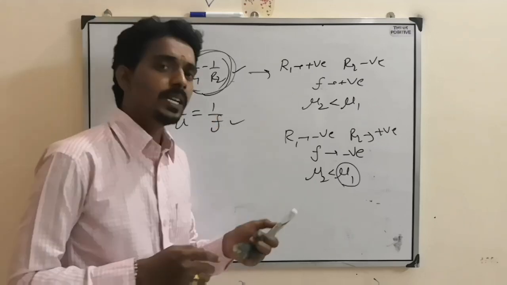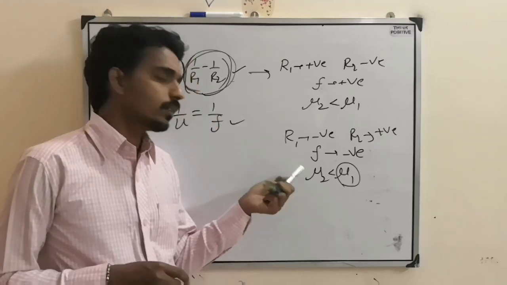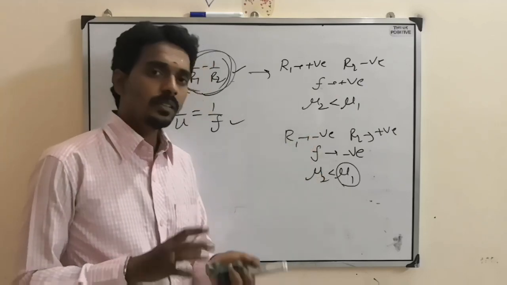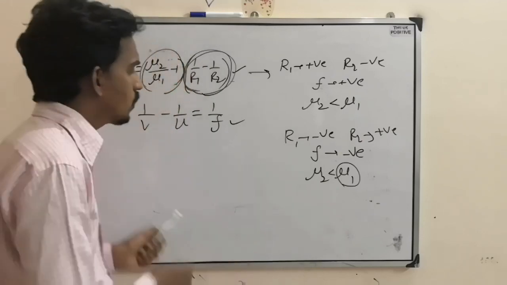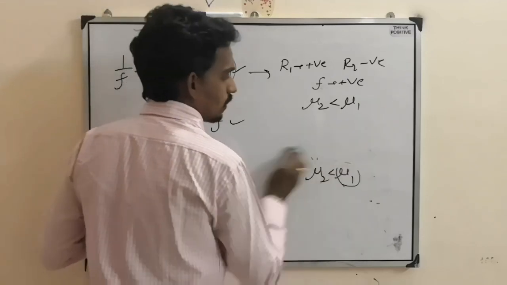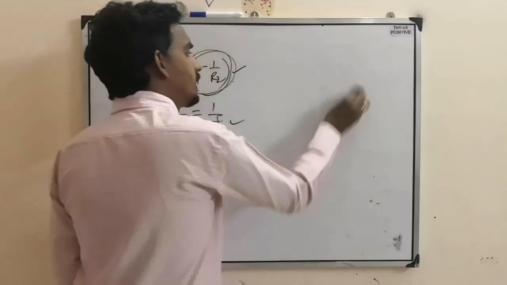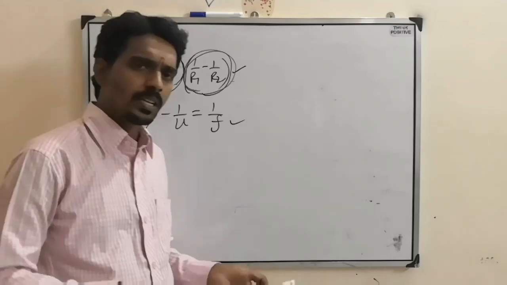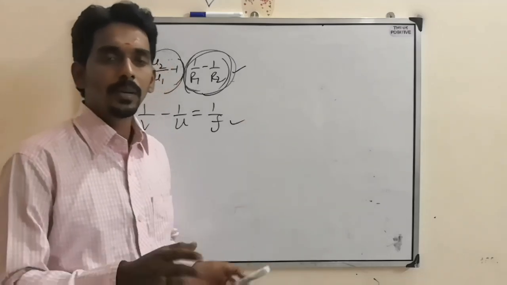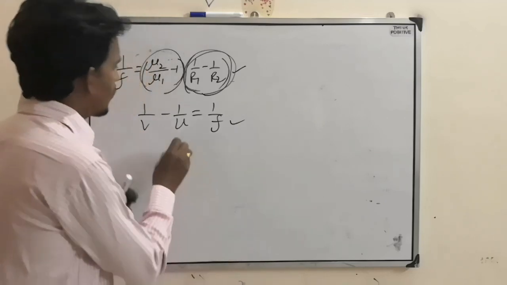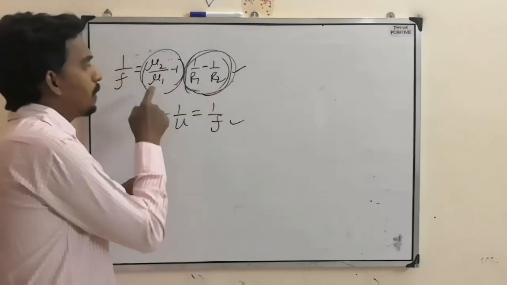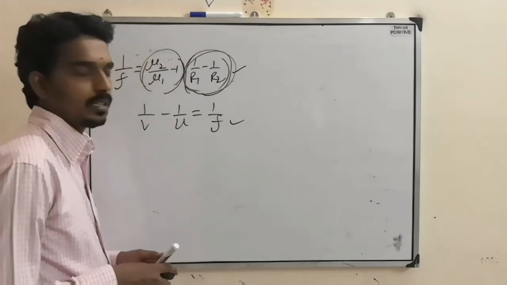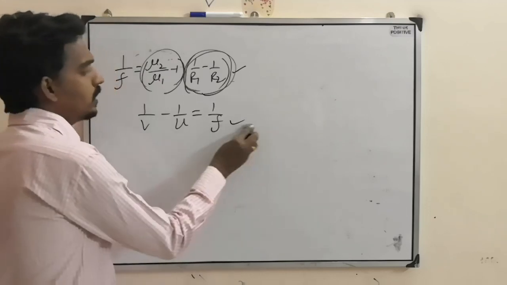Usually convex lens means converging lens and concave lens means diverging lens. But when this condition applies, they change to the other behavior. So you need to remember this about focal length. Here one thing you can conclude: in case of a mirror, the focal length was constant. You keep it in air, in water, anywhere, the focal length of the mirror always remains constant. But here the focal length of the lens depends on the medium. When you change the medium, the focal length also changes. So here one more formula is this one.